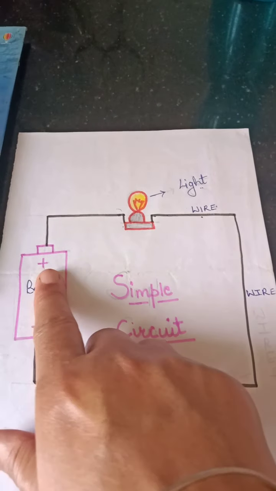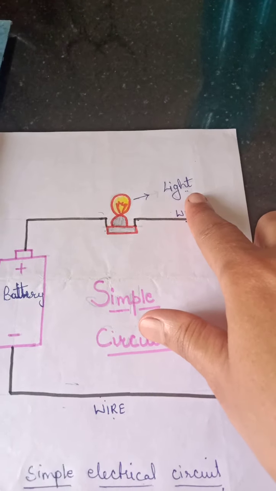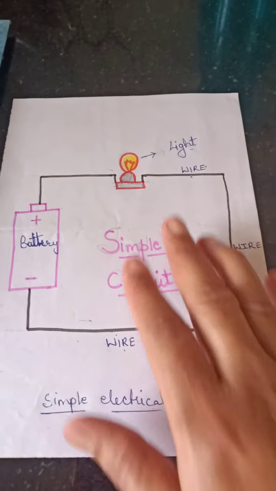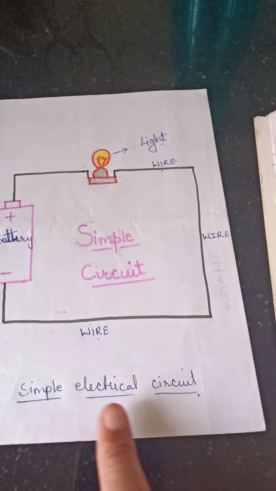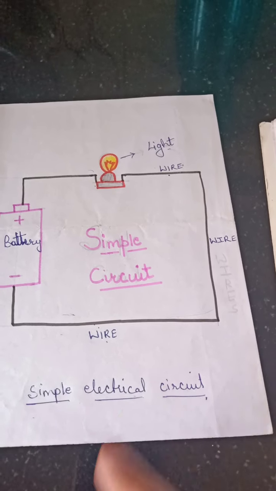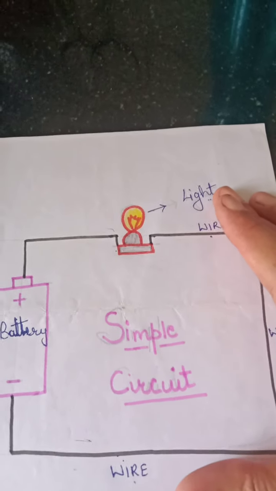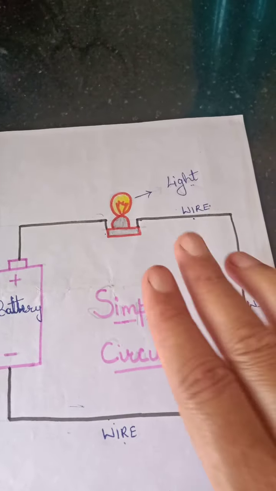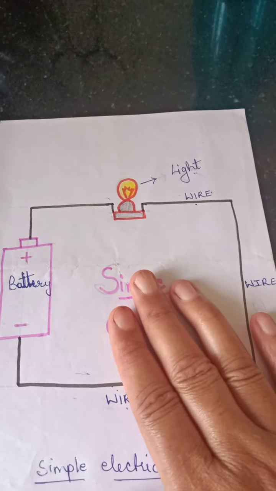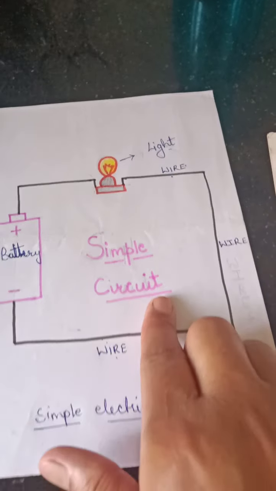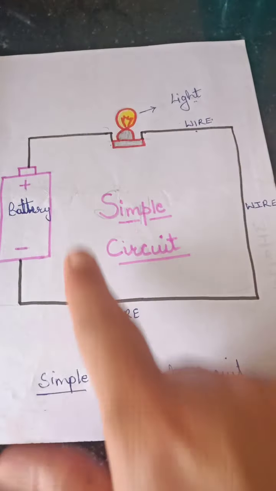So you made a battery, you labeled it. You made a wire, you labeled it. And then there's something called a caption. Now what's a caption? Caption is information under a photograph, you can say, or a picture. So this is a diagram, right? Labels are also there, but then how will I give more information about this diagram? How would people know what this diagram is all about? So there's a caption here, simple circuit, generally written below the picture or the diagram.